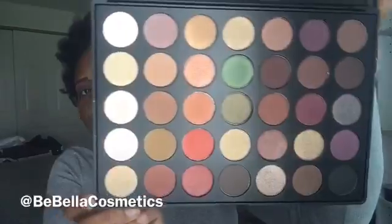So basically, I have no complaints. I did get the palette that I wanted, and I will show it to you. I already have one other palette, but now I have 4 from them since I got these other 2 for free. So I'm definitely tooting them up for sure. I definitely stand by their products. So this is the 35G palette,